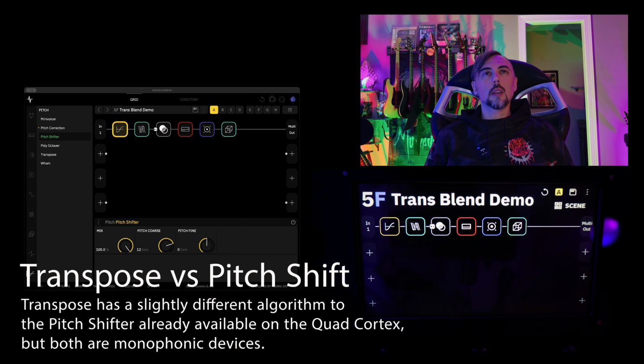So you can pitch shift, and you've had a pitch shift on your Quad Cortex for some time. In fact, I have that device pulled up in a preset in front of you right now, with the ability to adjust your mix, your pitch coarse, fine tuning if you have different types of tuning, or using features that make your tuning sound like it drifts slightly. You can bring that back into correction with a pitch shifter. That's all really good, and it's very similar to transpose. There's not a big difference.